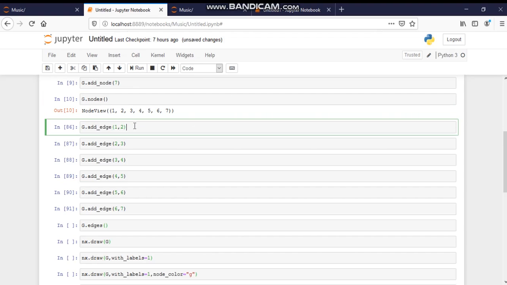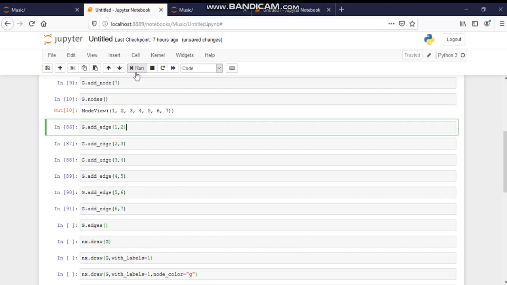Now let's move on to adding edges to the graph. To add the edges, we will use the function called add_edge, and in brackets we will give the coordinates of the edges, and g is the graph we are giving the edge coordinates to.